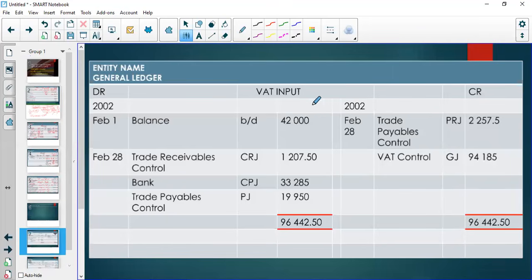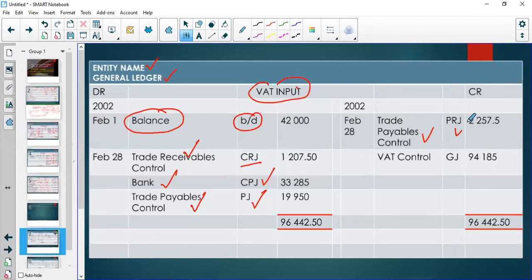So like I said to you, when you deal with your VAT input, the first lucky thing you do to yourself is to drag and drop the entity name, the general ledger, then VAT input. You start by dragging your balance brought down, you drop it, you drag your trade receivables control, put it there, bank, CPJ, this, that, then you're done. Then you can look for which amounts was the balance. And the trade receivables control under the CRJ, we did calculate. All right, so this was